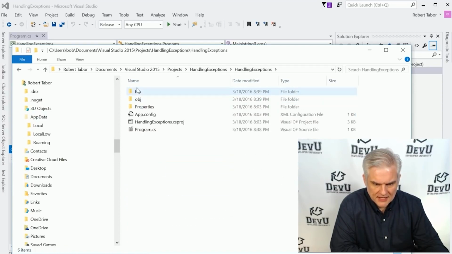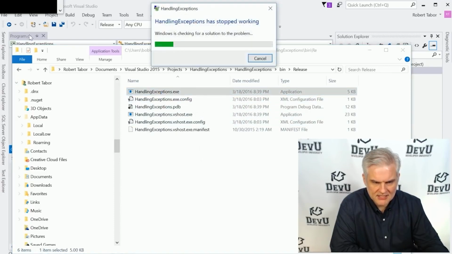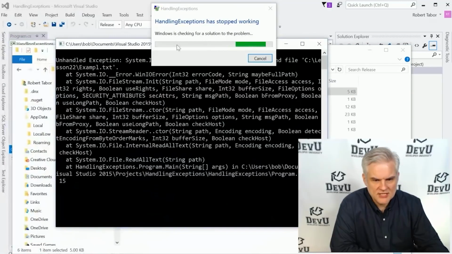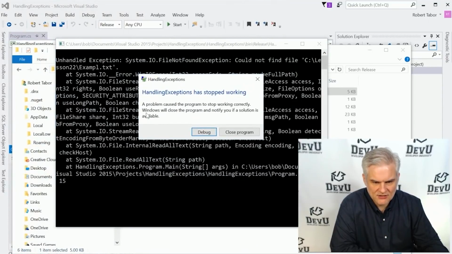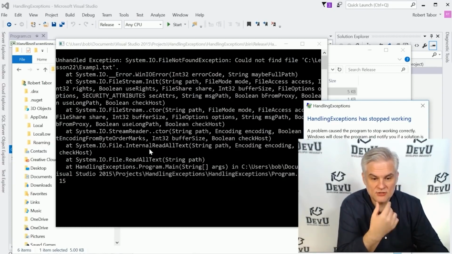Notice that I get this ugly little message here, and it's trying to help me figure out what happened, and I get all this text with all this ugly information, just spewing out information that an end user probably would have absolutely no idea what the issue was. Although we can read near the very top that the problem is that it couldn't find the file lesson